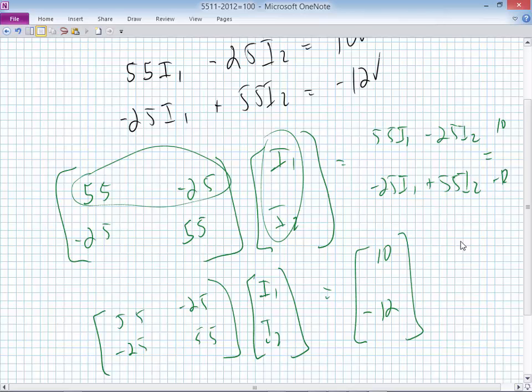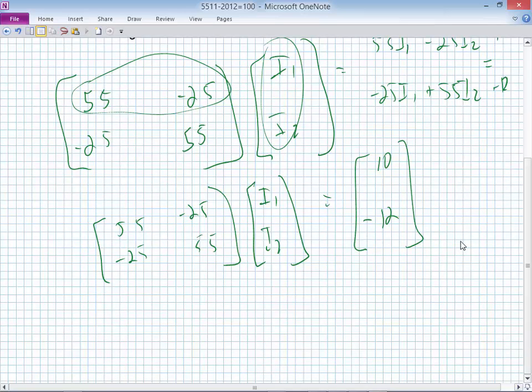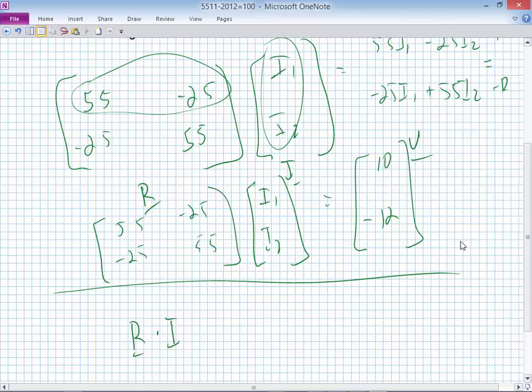So what we can simply say is that in terms of a circuit, we're just rewriting this. We're going to call this R, call this I, and call this V. Ohm's law says that R times I is equal to V. Now, normally you say IR is equal to V, but we're going to reverse the order there. Well, if we know R, we can find the inverse of R,